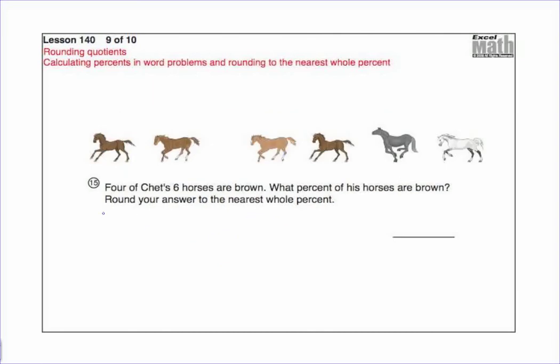All right, one more problem for you to do here. Pause the video, then turn it back on after you've done this one. 4 of Chet's 6 horses are brown. What percent of his horses are brown? And so we have 4 out of 6. You can do it like that, or you can reduce this to 2/3 before you do the math. I'll go ahead and do it as 6 into